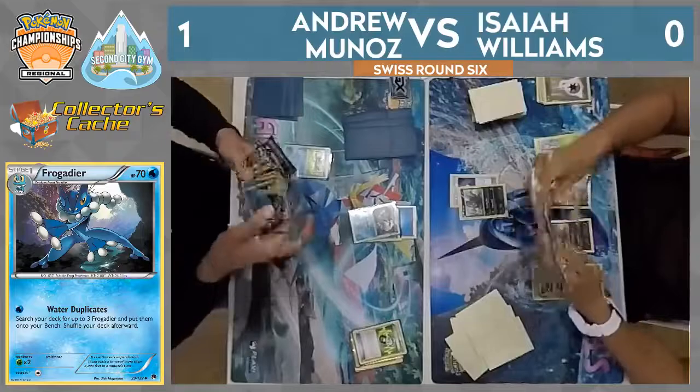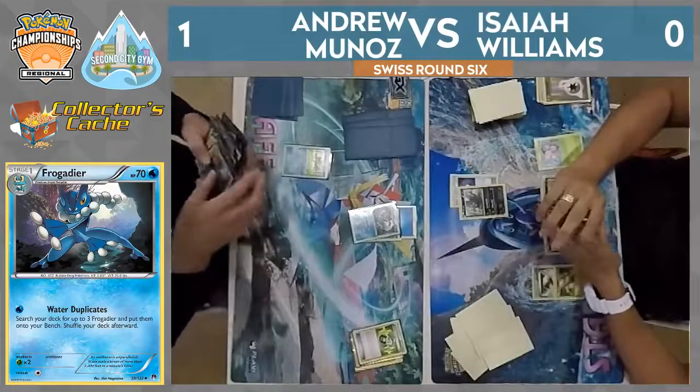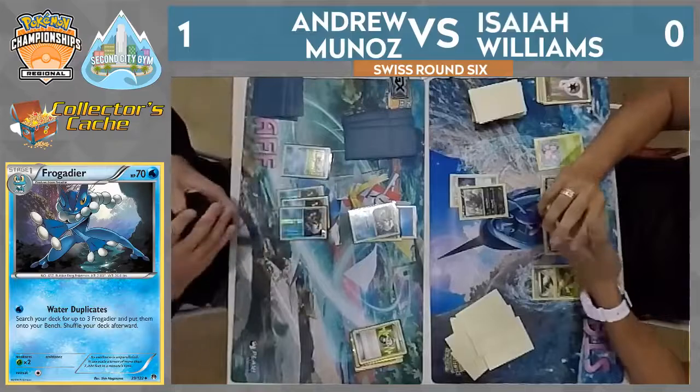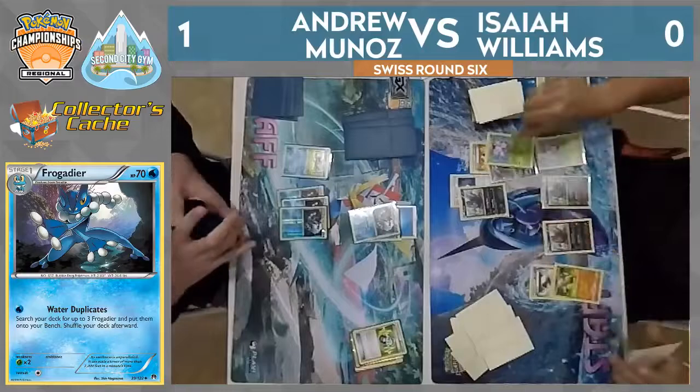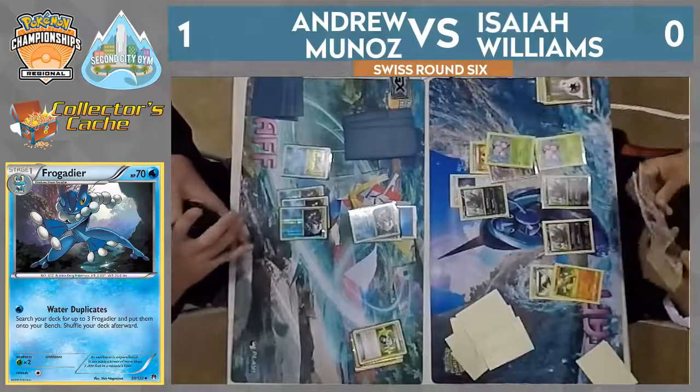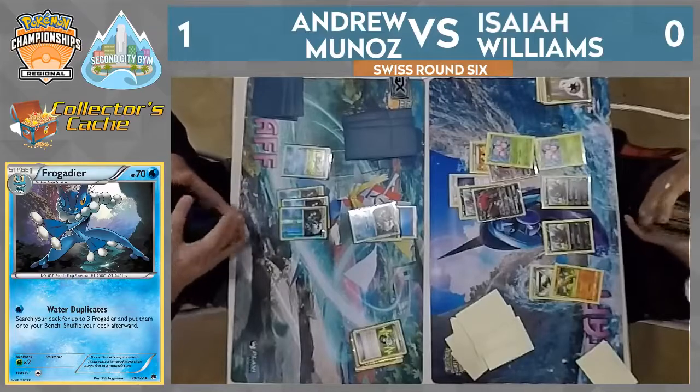So now here's the big question. How many Frogadier are prized? As of right now, it looks like 2. No, okay. They're all on the deck. Yeah, they're all nicely tucked away. We do see the classic Ultra Ball with an Execute, and finally we're going to see the Zoroark GX in